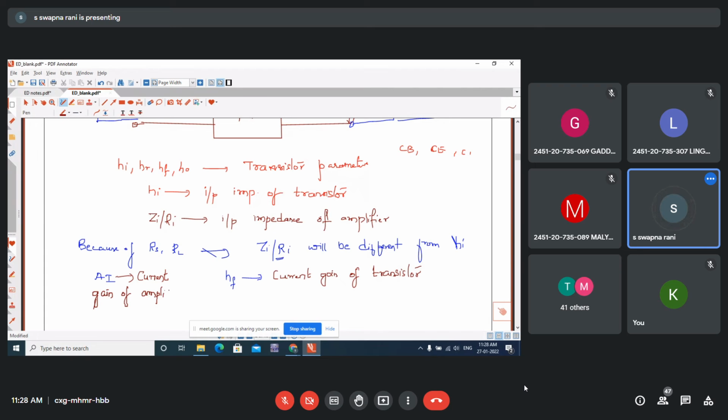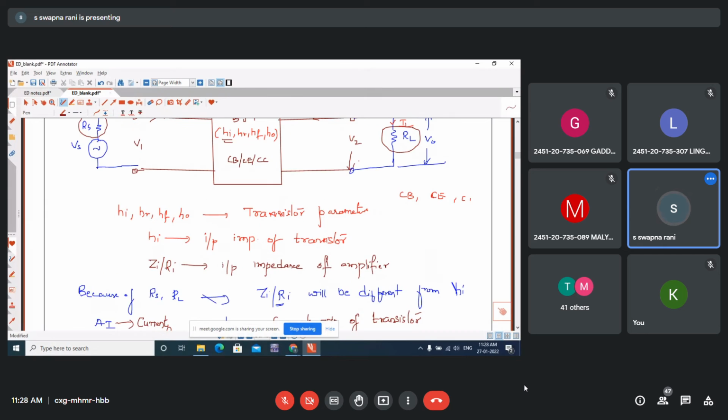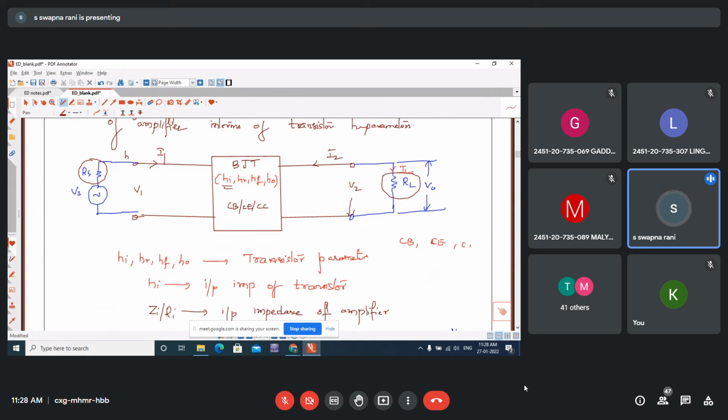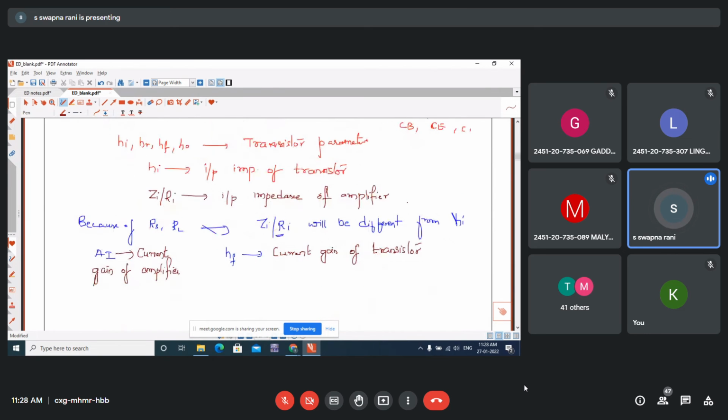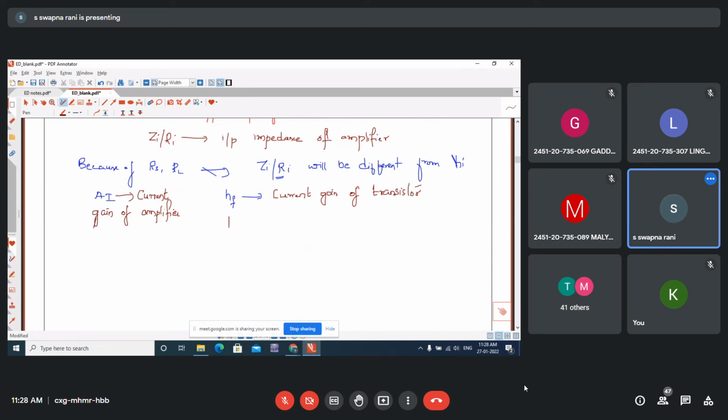Why are the transistor current gain and the amplifier current gain not the same? Because of the externally connected source and load, this RS and RL will slightly change the voltage gain or current gain of the transistor compared with the current gain of the amplifier. There is a slight difference between these two. Similarly, HO is the output admittance of the